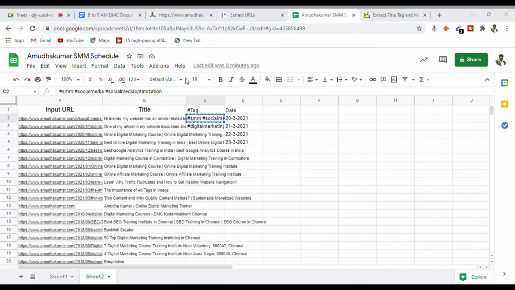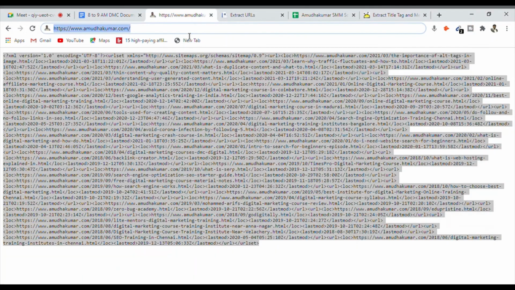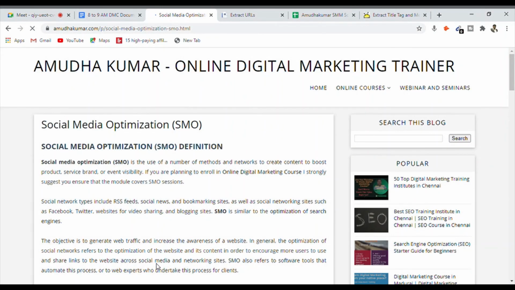Then there is Instagram, and there is a must for an image. It says an image is a must. The reason is that Instagram works with images, so an image is mandatory for Instagram. That's the reason it is not allowing us to publish. Otherwise we can give it a try by removing Instagram from the post option. If I remove Instagram, it will allow me to publish. But if I want to publish on Instagram also, I should upload an image.